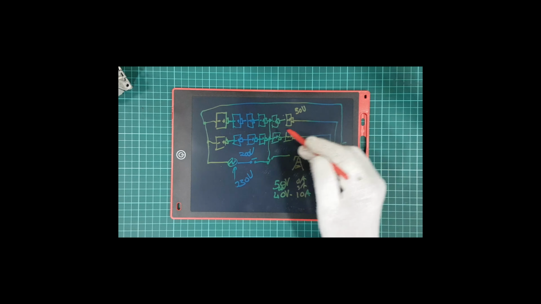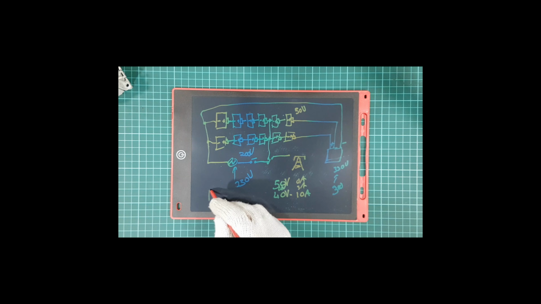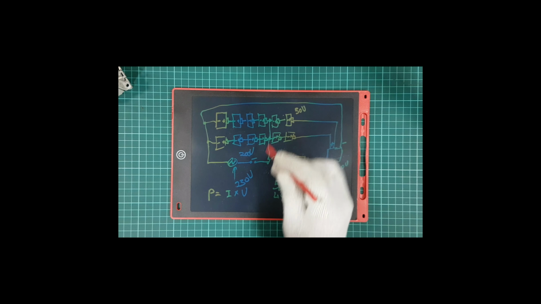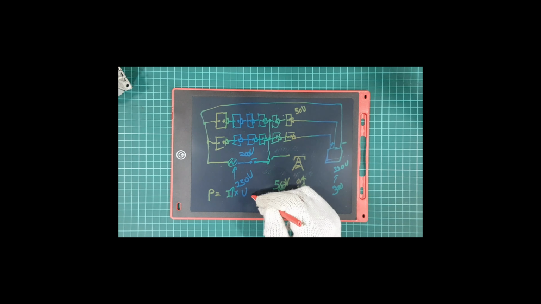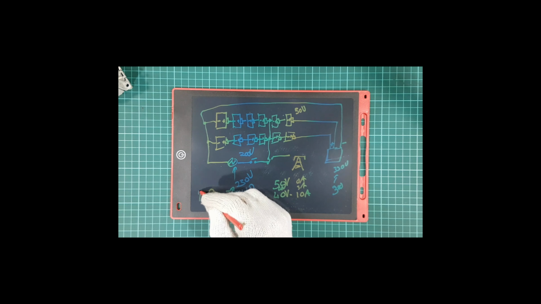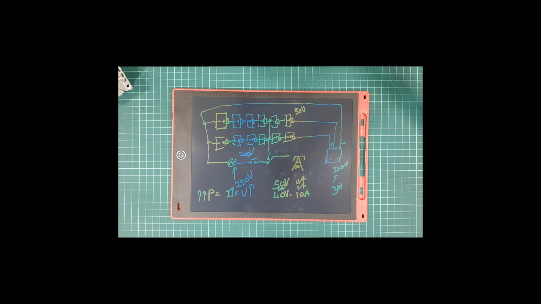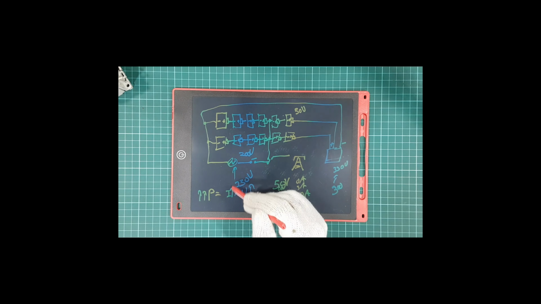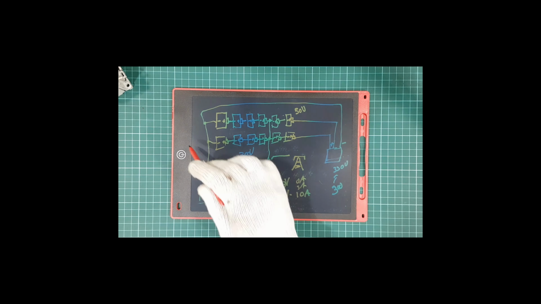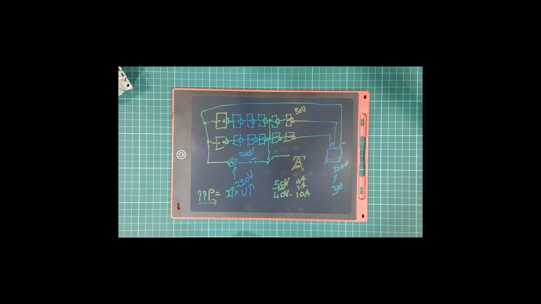Having them in parallel like this allows us more current and more voltage. So in this case, power equals I times V. We're increasing the current, so our current goes up. We're increasing the voltage, having them in series, so that goes up. So of course now we've got a much better gain in our power. Increasing both the voltage by putting them in series and the current by having a parallel circuit, we get a nice big gain on our power, which makes our system much more versatile and flexible.